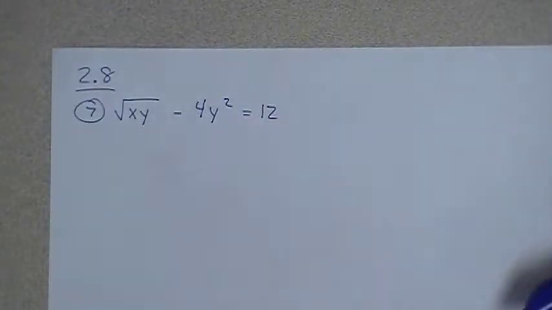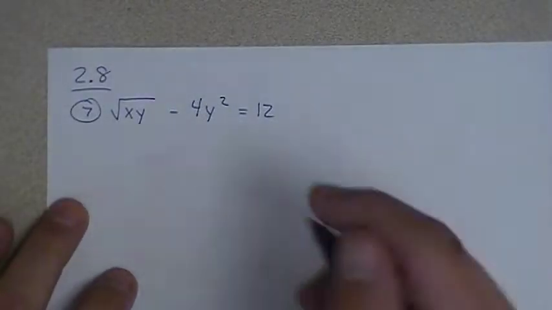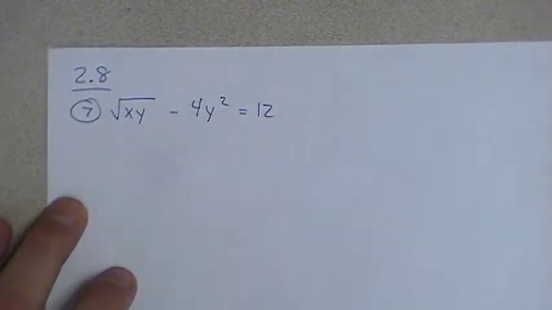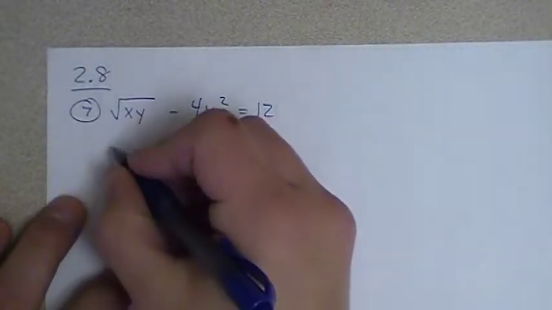In this video we'll take a look at problem number 7 from section 2.8. A few people were asking questions about this one in class, so I thought I'd put the solution on YouTube for you. If we're looking for the derivative of any function or relation that has a square root in it,